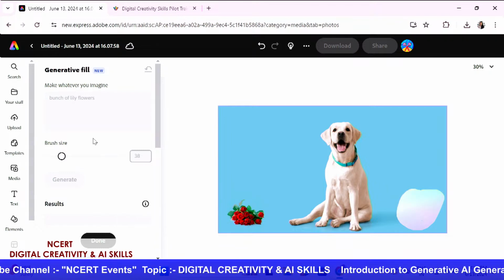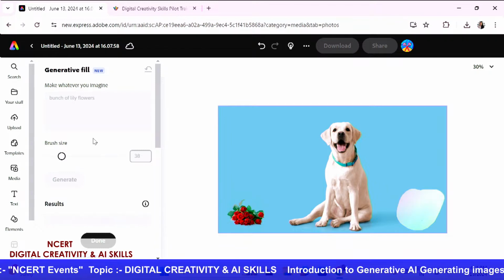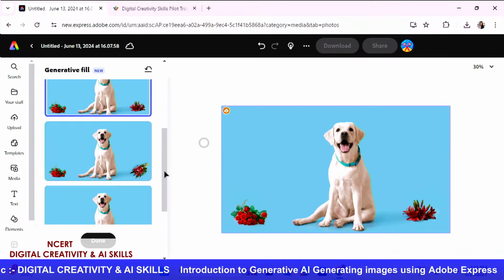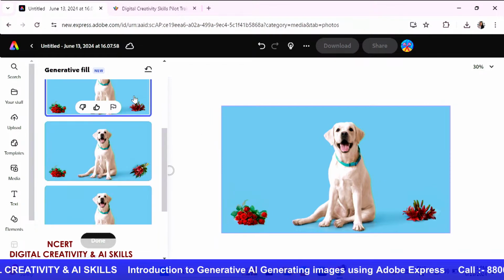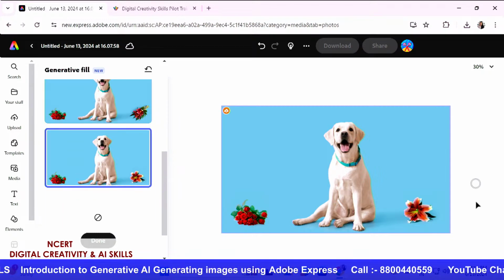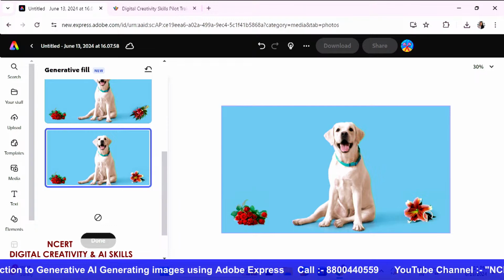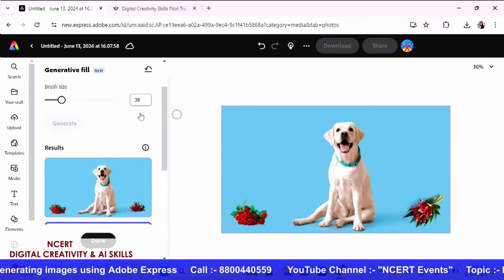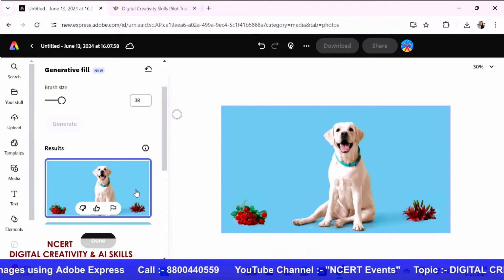Now let's see, does it generate lilies for us? And if it does, what is the kind of color that it picks up for itself? So you can see red fresh lilies have arrived, and there are also, as I said, variations. So you can see this one is just one flower, this is like a bunch of flowers, and even this one is like a bunch of flowers.